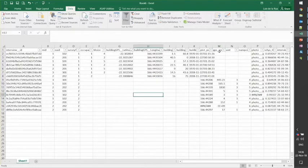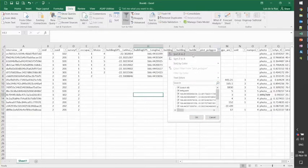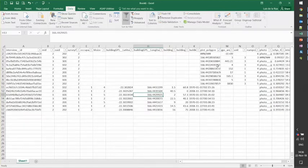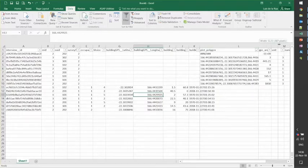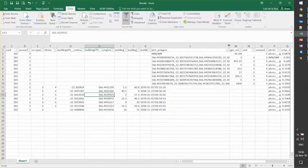Okay, we're going to go to this plot polygon, and we're going to sort from A to Z. In the plot polygon, you will see that we have all these coordinates, okay? I want you to choose only